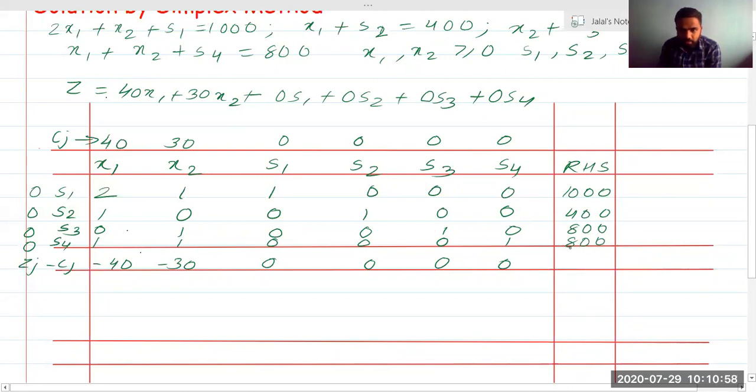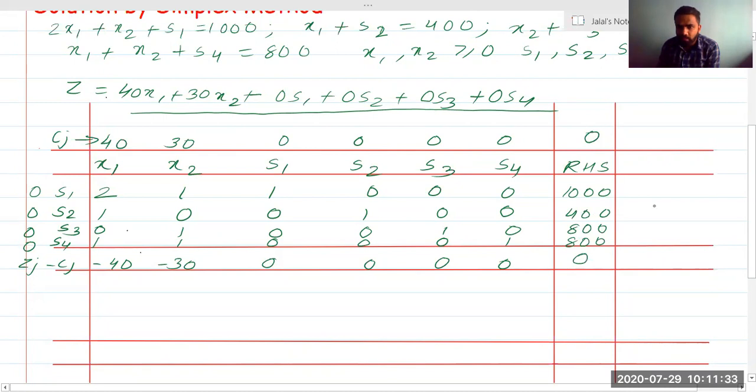Now again we can find this value also. This will be 0 into 1000 plus 0 into 400 plus 0 into 800 plus 0 into 0, and again RHS is not having any constant. Since Z is only having one side, the other side of Z is nothing. If we remove Z and just see this equation, it is not having any coefficient, since it is having Z but we don't consider Z. So it is nothing but equal to 0. Its RHS is equal to 0 for us. So we will write here 0. So 0 minus 0 will be 0. So this is our first solution.